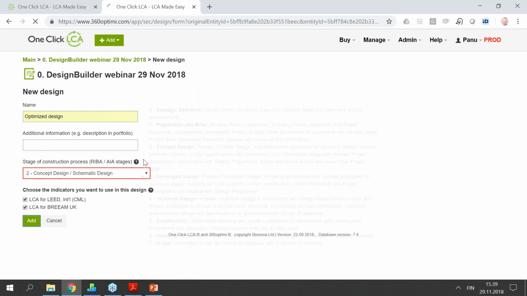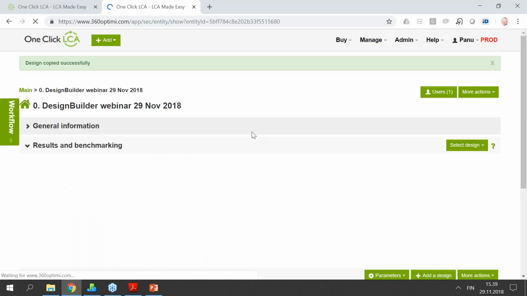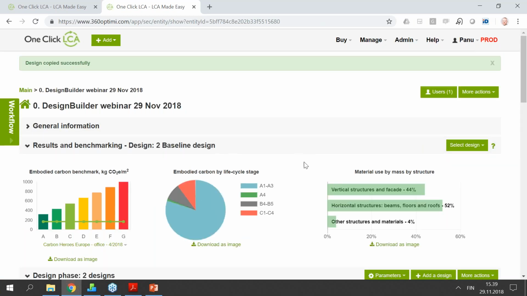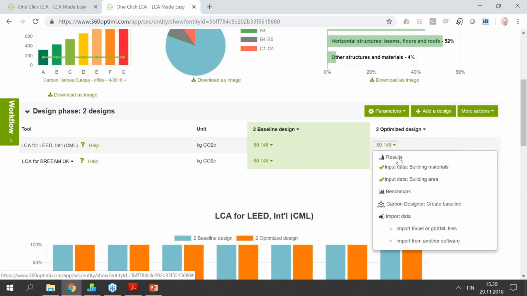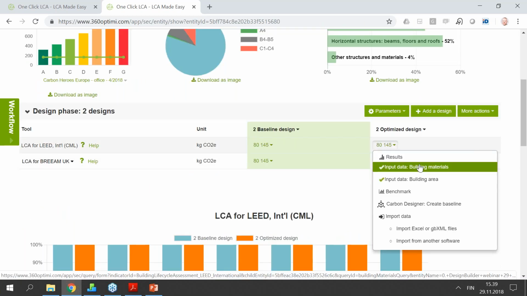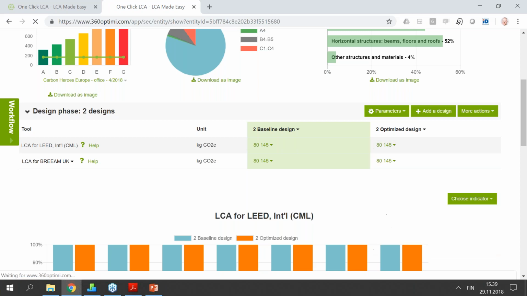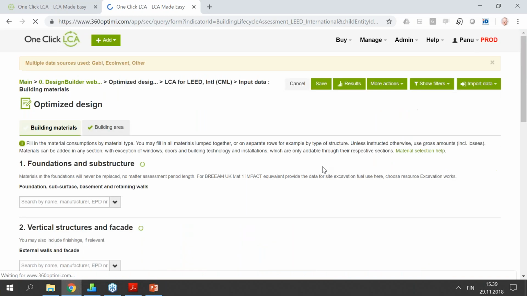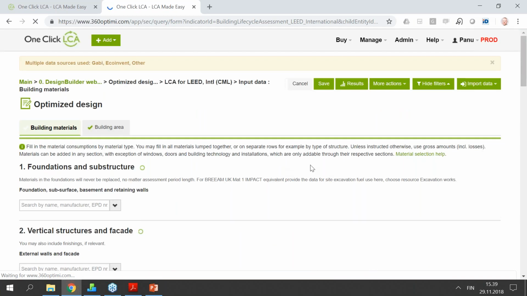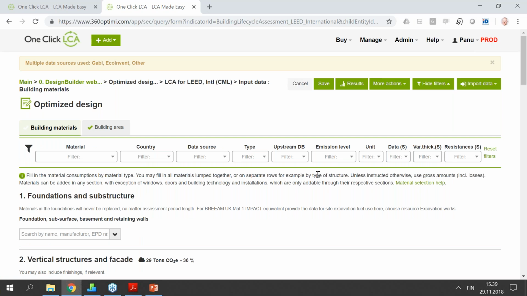This will create a full and independent copy of the data set, so we can vary anything we like. Doesn't really matter what it is. We could, for example, go and, let's see, if memory serves, I think we had XPS insulation causing quite a lot of impact, so we could go and look for the XPS insulation here. This is now our building materials query,